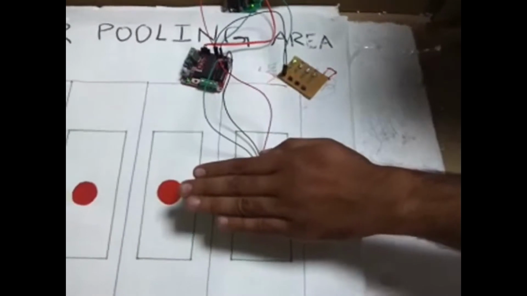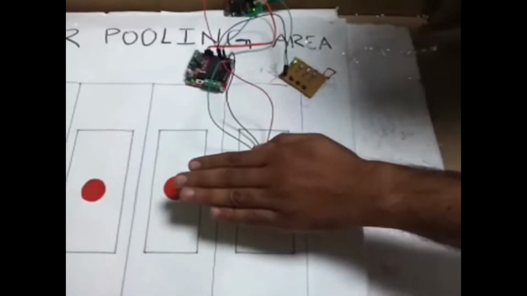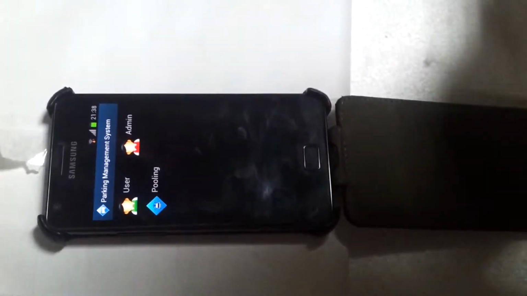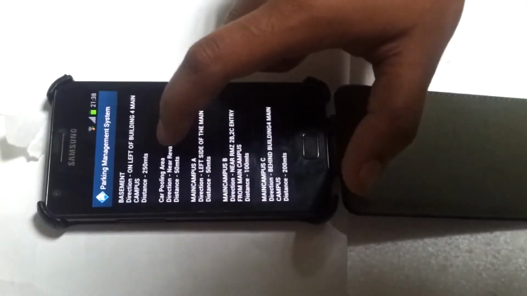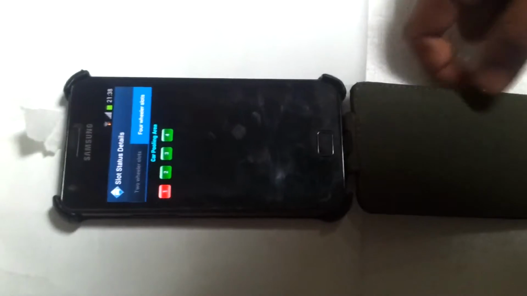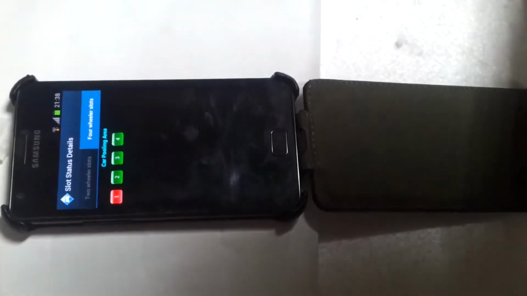And now I will take you back to my application to see whether this information is being given to the user or not. Let's check in the mobile application whether our slot is getting updated. We will go to the user and then click on the carpooling area. Now we will check the four-wheeler slots. We will click on refresh. After refreshing, here we can see that slot number 1 gets updated. So the information is being sent automatically to the user's mobile app with the help of sensors, with no manual updation.